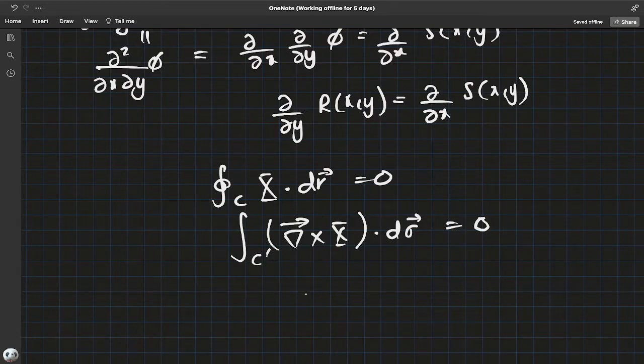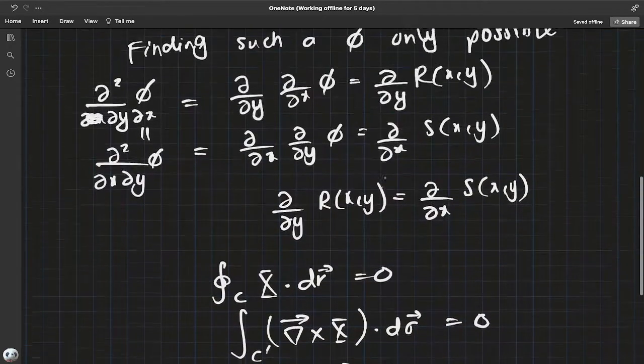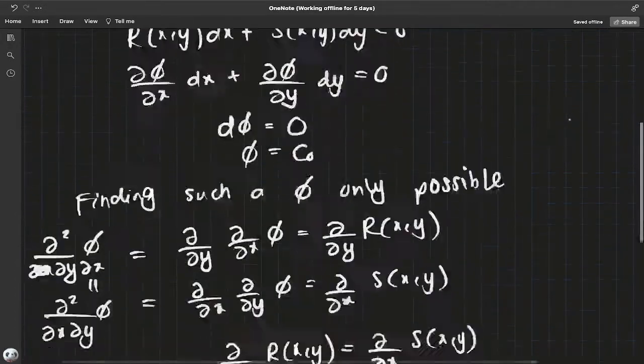Even that's 0. But since both of these were arbitrary, this has to be 0, which means this is conservative. And what does conservative mean? Well, you can try to take the curl of this and set that equal to 0, and you get